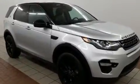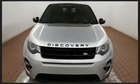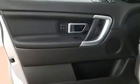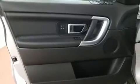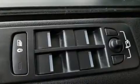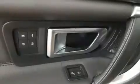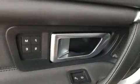Top features include a split folding rear seat, a power seat, high-intensity discharge headlights, a power liftgate, rear wipers, and leather upholstery. Passengers are protected by various safety and security features, including dual front impact airbags, front and side impact